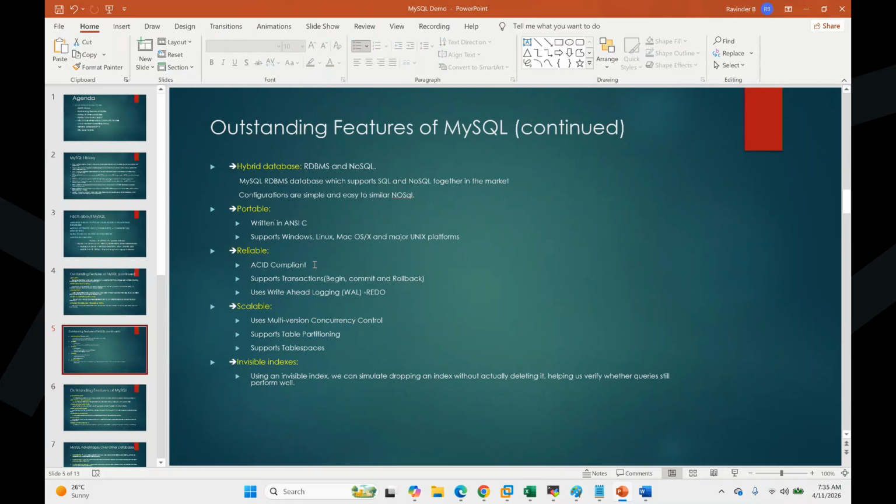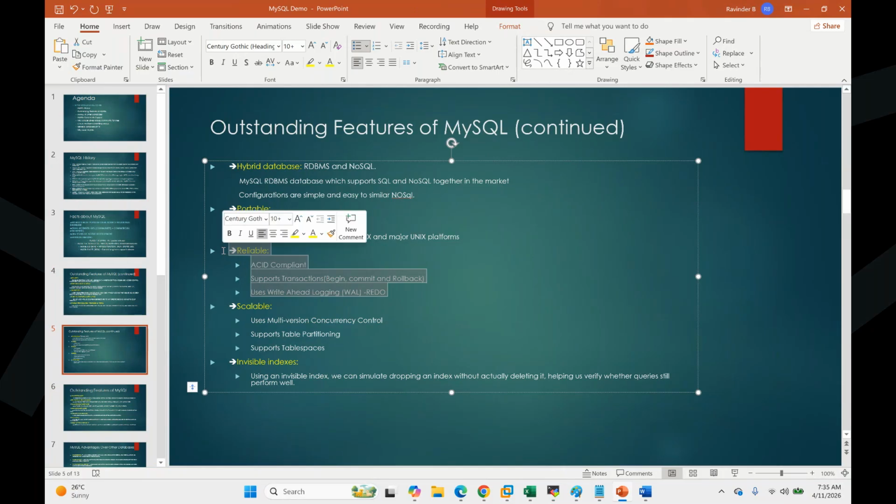It won't deviate, it will follow ACID compliance, but inside the transaction, for example, if I have five statements and out of five, one fails, generally what ACID says is that either all should commit or all should roll back. MySQL follows it a little bit differently in the atomicity.